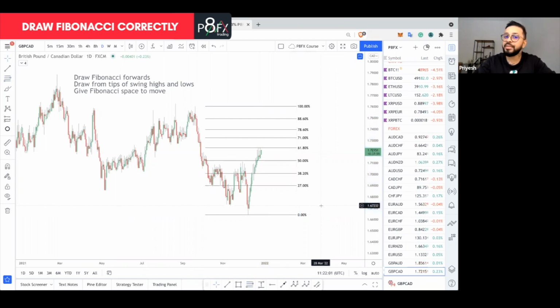Click away, and then that's how you have your Fibonacci drawn from your point A, which is at your upmost swing high, to your point B, which is at your upmost swing low. And then you can see that you've got target areas wherever you decide to have your target area. So you're always drawing your Fibonacci forward. You draw from the upmost swing highs to the swing lows, and then you give your Fibonacci space to breathe,